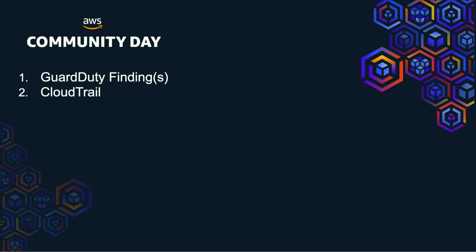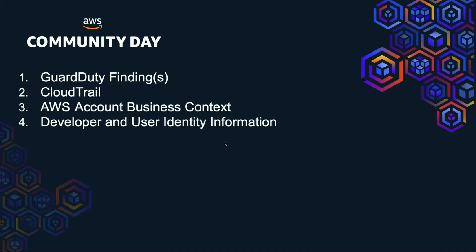Maybe you look into it, you see some strange IPs or different weird user agents, or just the API calls look weird. So where do we go from there, right? And this one might also be a trick question, but the reality is in an AWS enterprise environment with multiple assets, multiple AWS accounts, multiple employees, you really need to know who owns the AWS account, what is it used for, what runs in it? Is it a production environment? Is it just a lab environment that maybe is not that important? You need to know information about the developers that interact with the account, and even asset information, right?